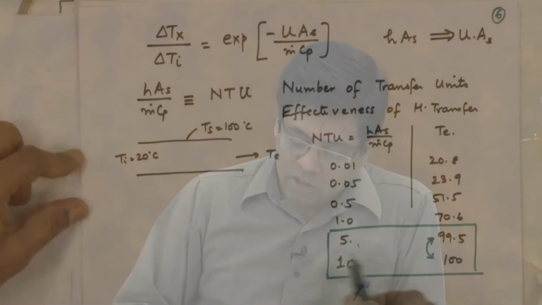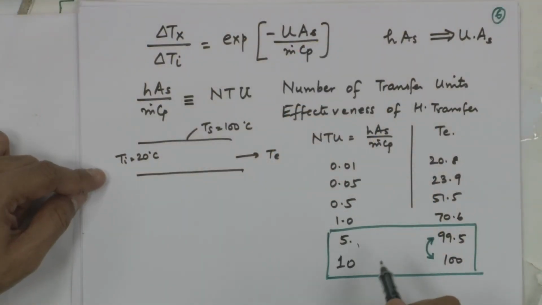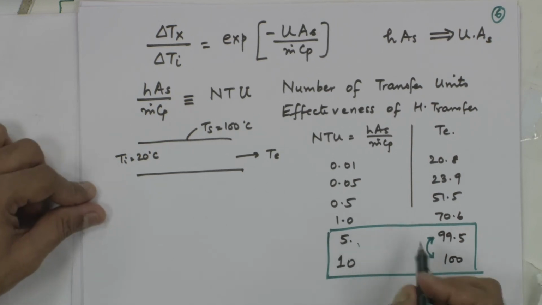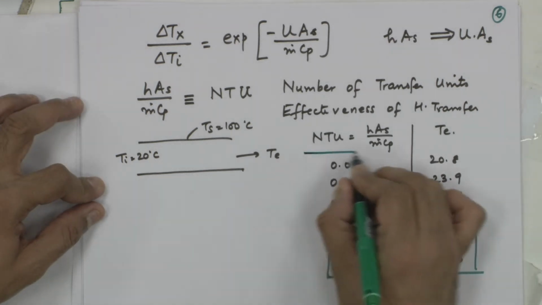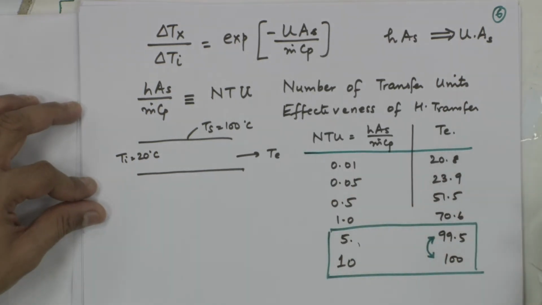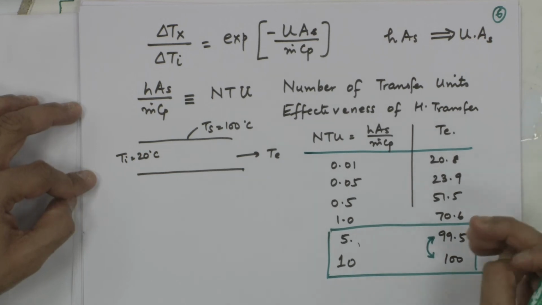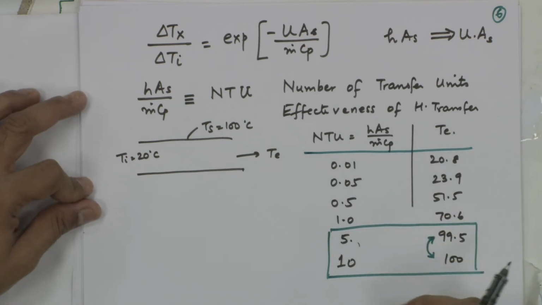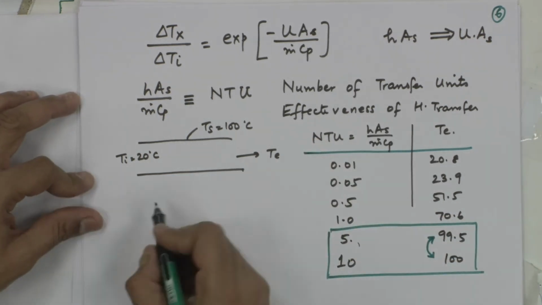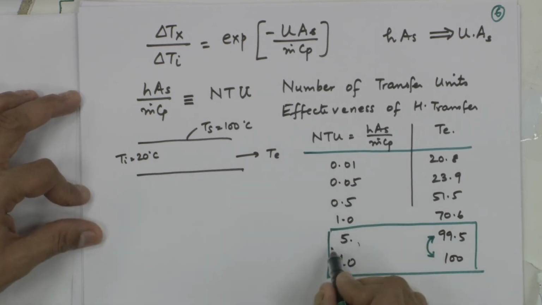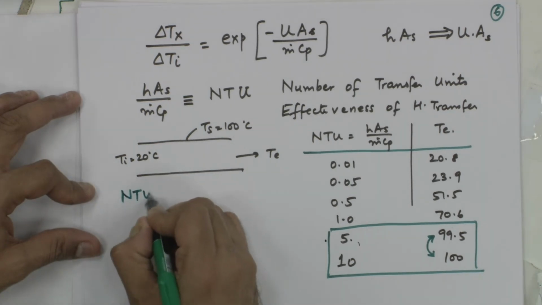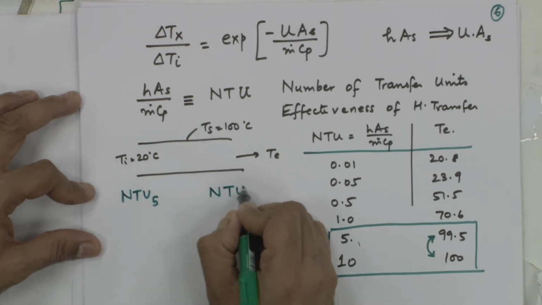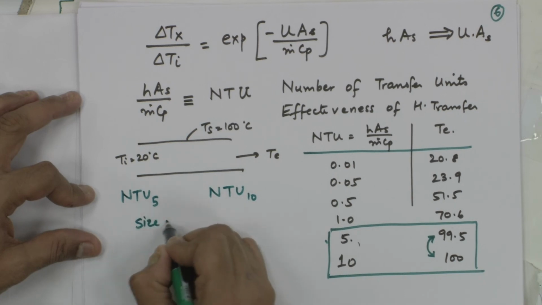What it means is that every additional incremental delta x or increase in area or length causes smaller and smaller increase in the outlet temperature, or the effectiveness or usefulness of the heat exchange drops as the size goes on increasing in this case. And therefore, NTU of 5 versus NTU of 10, size is twice here